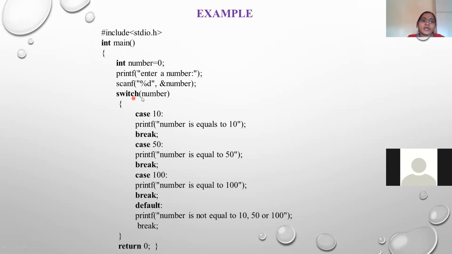Then comes the switch expression. Here I use a condition or any kind of valid expression, and here I just use number. Suppose the user entered the number 50. Then the statement is like switch 50. What is the meaning of switch 50? After encountering switch 50, control enters the body of the switch statement, and that 50 value will